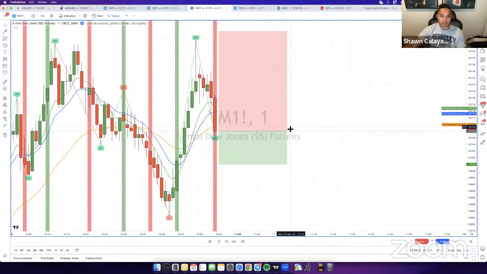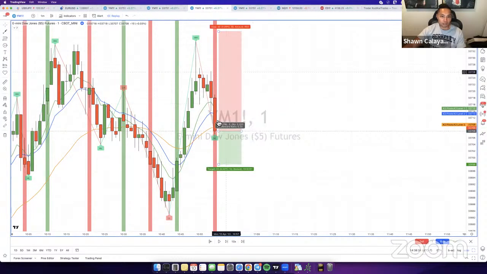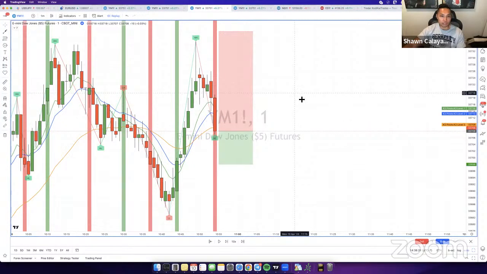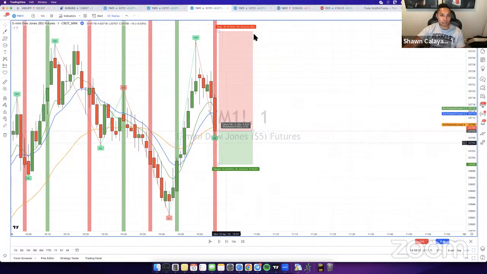And this is more of an advanced way to think, because you have to think really quickly. These are 1 minute candles. So if you can't think about entering late, then you just got to enter right away. What happens with a lot of people is if you think too late, you're going to get in for a bad entry. And it's going to be worse than it would have been if you just entered right on time.